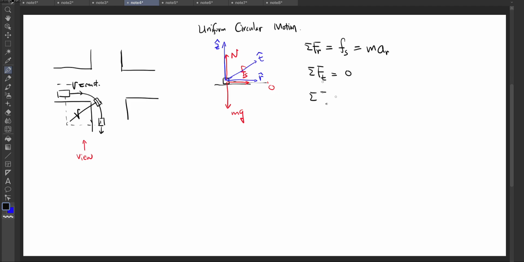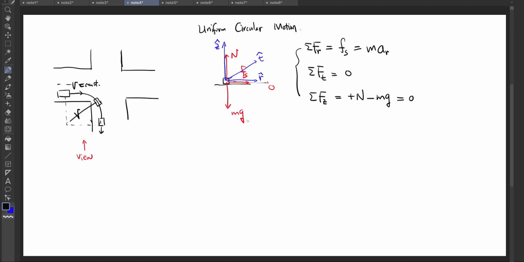And along the z hat direction, there's this normal force, which is positive along the positive z hat direction, so it's positive. And the gravity is downward, so it's negative. And they must cancel each other so that we get 0 here. So the car is fixed on the ground, it's not flying up. Okay,